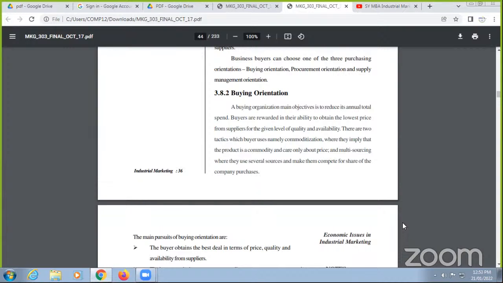Buyers are rewarded for their ability to obtain the lowest price from suppliers for a given level of quality and availability. There are two types which buyers use, namely commoditization, where they imply